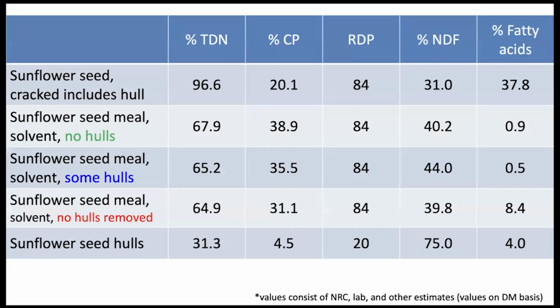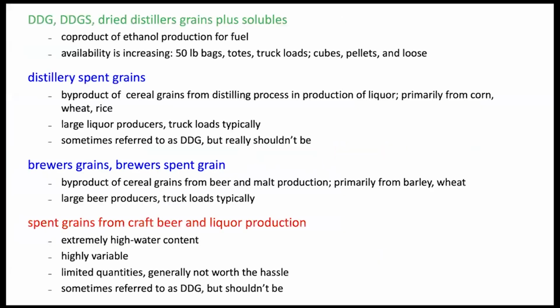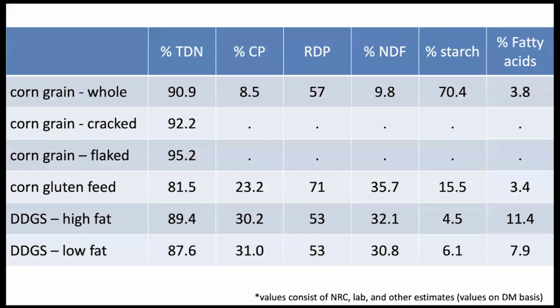So, energy comparison between corn and DDGs. When we look at whole corn versus DDGs, not a huge difference in energy. So I'll go back. That's going to be one of my first slides here. If we look at whole corn, typically just a little under 91% TDN,